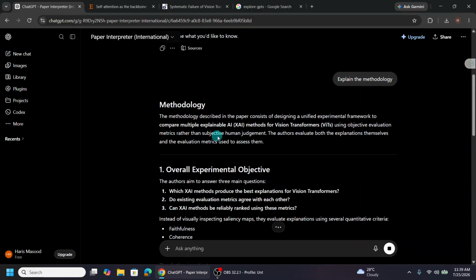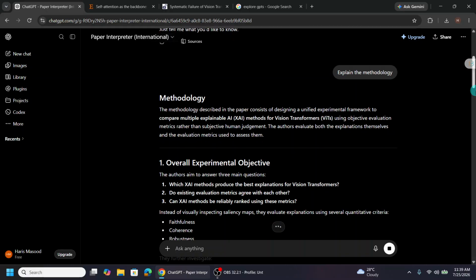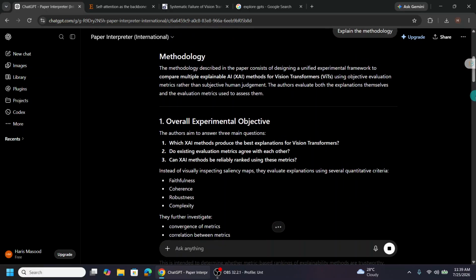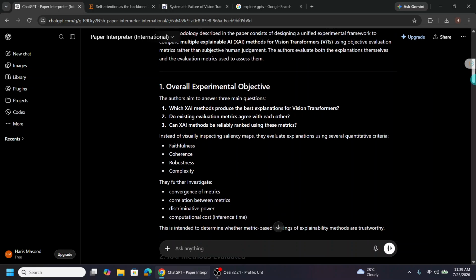The methodology described in this paper consists of designing a unified experimental framework to compare multiple explainable AI methods. The words have been chosen to make us understand the paper in an easy and efficient manner. This is very clearly understandable, and it is written in a very concise manner. For example, in my opinion, it is very boring to go through a 25-page document on your own, or even if you are reading the PDF. So instead of that, if I can get the summary in a bulleted manner,